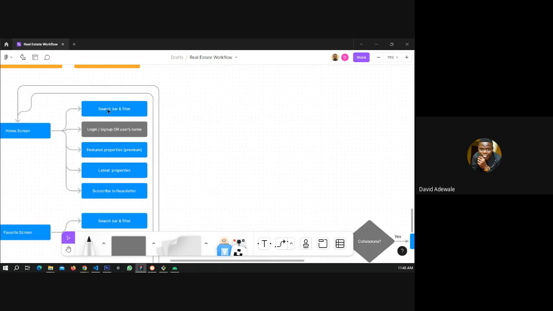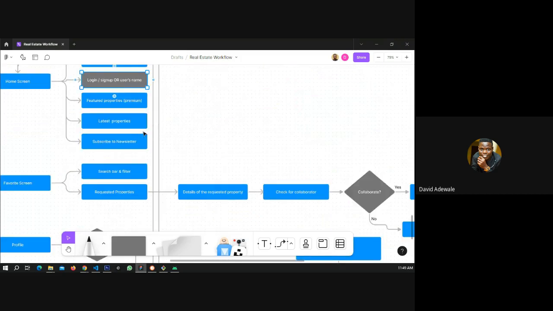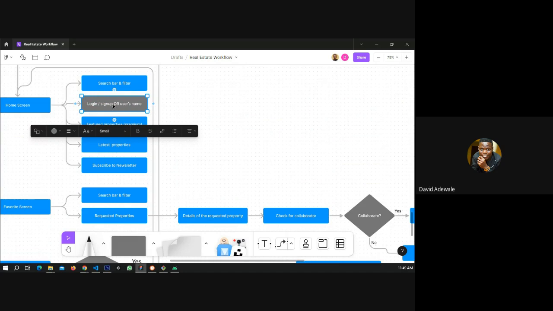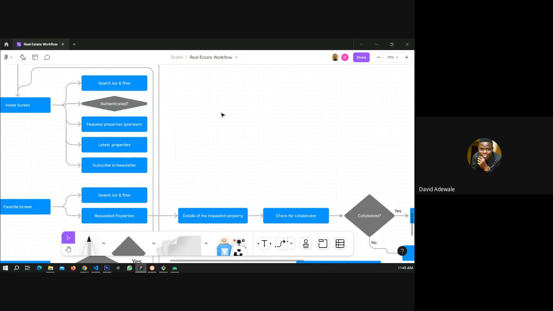So search bar and filter, good. Log in and sign up or username. I want us to link. If they click on login, it should come down to this place. So in that note, I will need to adjust this field here and turn it to a decision shape. So I will just change the shape, and I'll call it authenticated. Authenticated. So if it is yes,